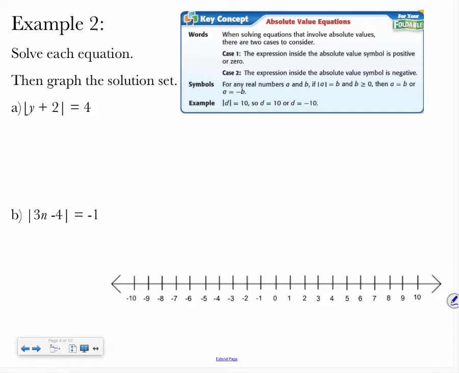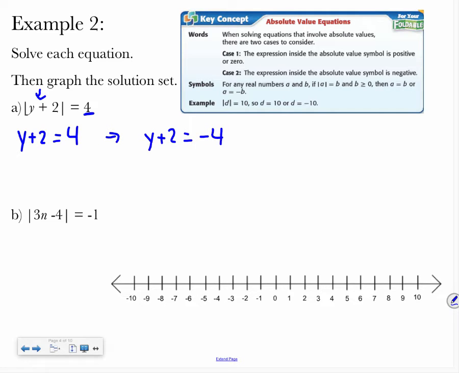Whenever you are solving equations involving absolute value, you have to solve them twice. And what I mean by that is you take what's inside the absolute value, or what's on this side of the equation, and you set it equal to the positive of that number,